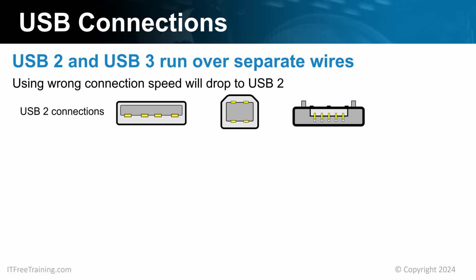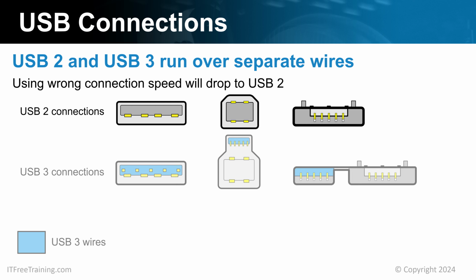light blue in color so you can tell them apart. There is no official standard, but that is the convention that manufacturers generally follow. I will now have a look at the USB 3 connections. To make it simple in this example, I have colored the areas where there are USB 3 wires in blue.